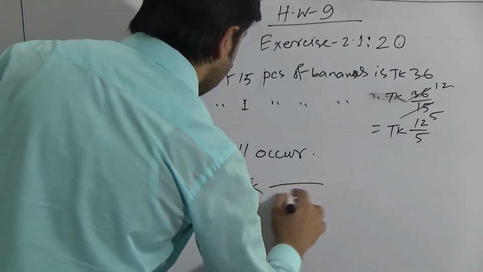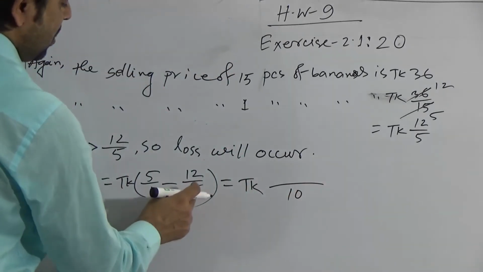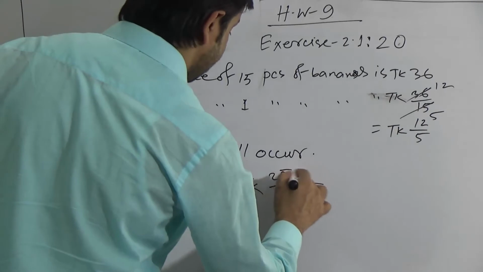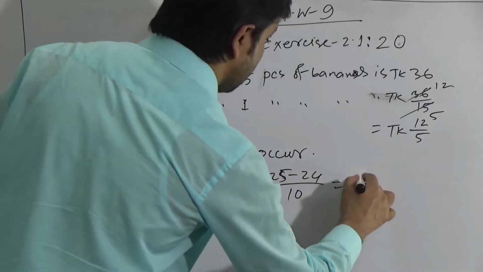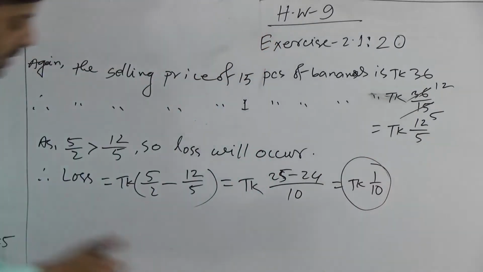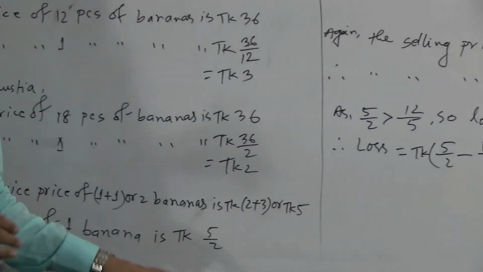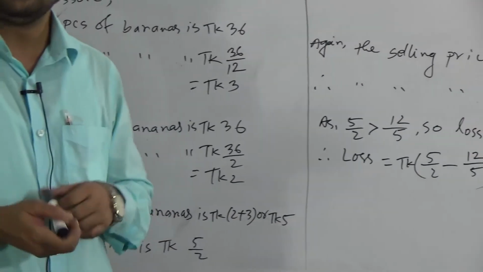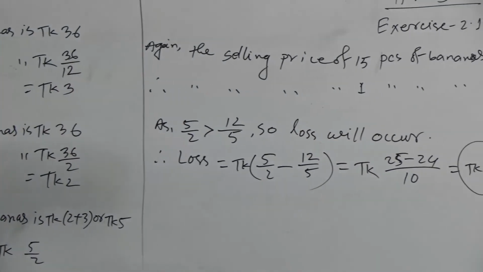Now do the LCM, 10. Now if you take 5 fives are 25 minus 24, this will be taka 1 by 10. Taka 1 by 10 is the total loss for 1 banana and the cost price of 1 banana is 5 by 2. So as we know the cost price of 1 banana and the amount of loss for 1 banana, we can determine the